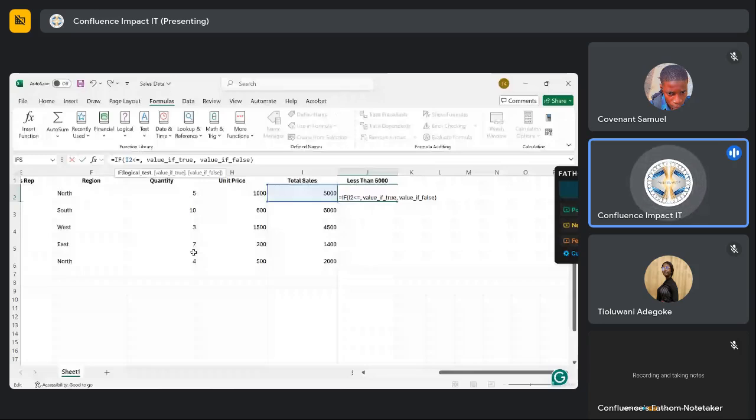Okay, so if it is less than or equals to 5,000, right? I don't know why it's changed that way. That's completely normal. So if I2 is less than or equals to 5,000, what's the value that it should return if it's true? We want to return